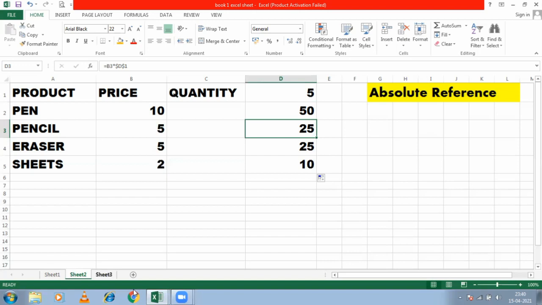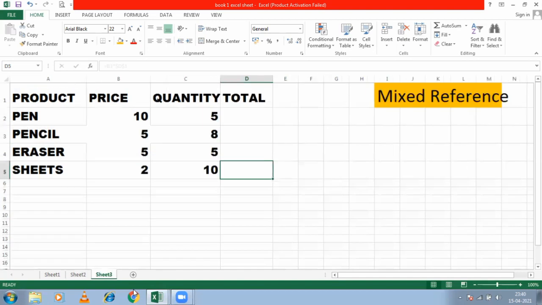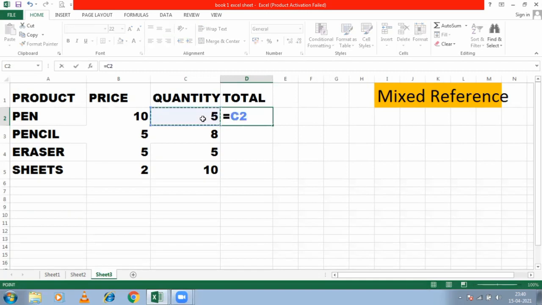Now let us understand mixed cell reference. A combination of these two cell references. So how will it be? Suppose again the same thing, equals to price multiply.